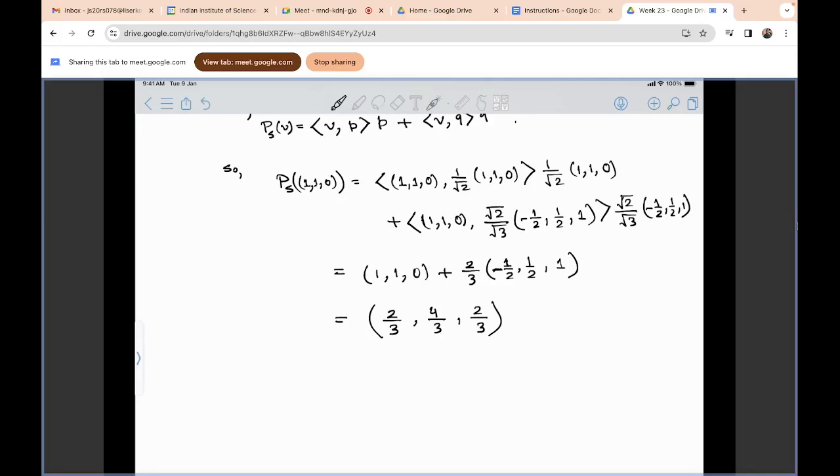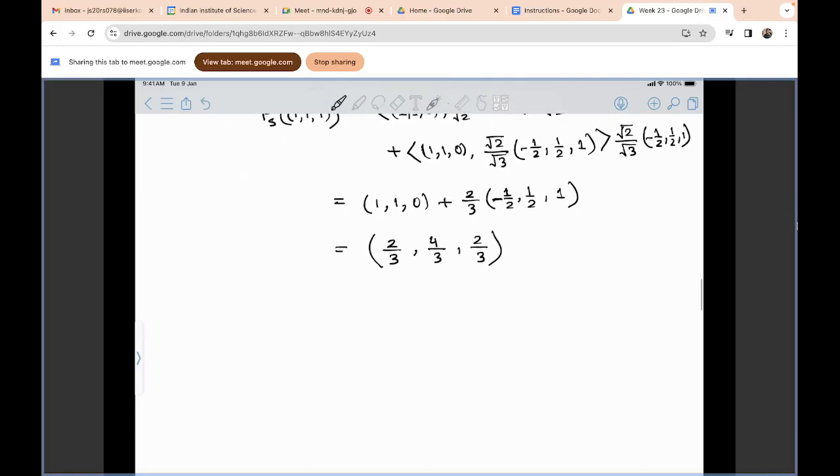So this is the projection of 1, 1, 1 onto S. Therefore, this is the distance from 1, 1, 1 to S,